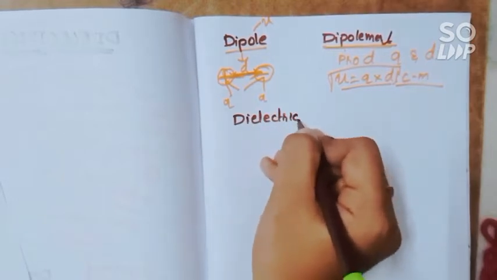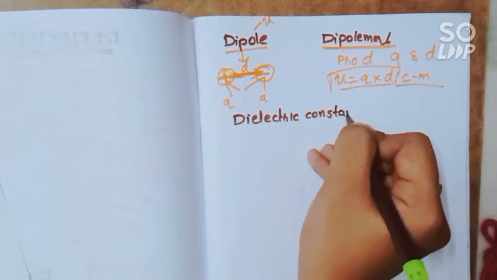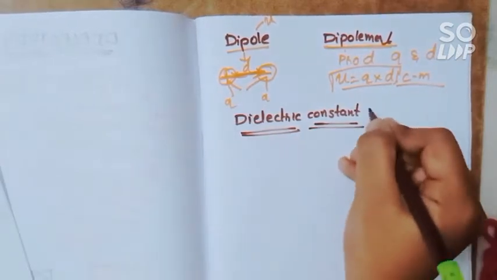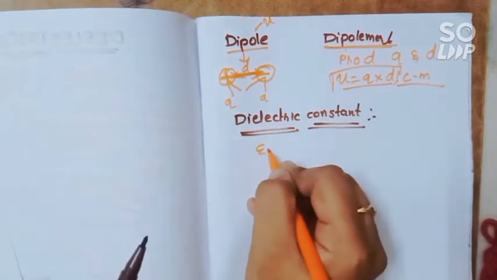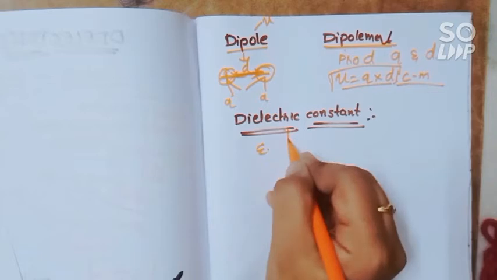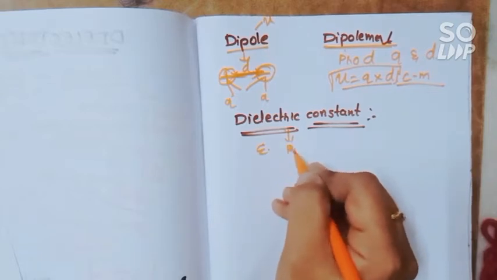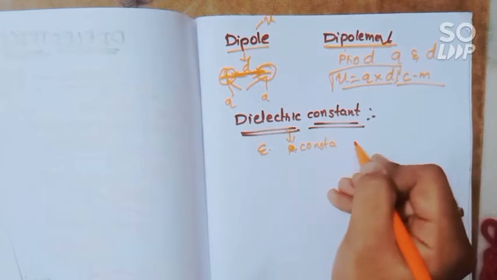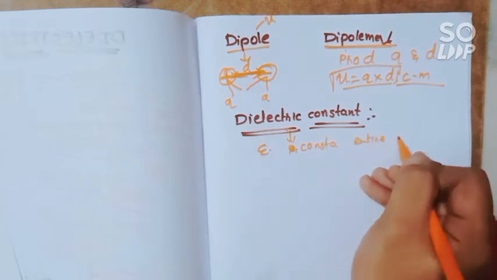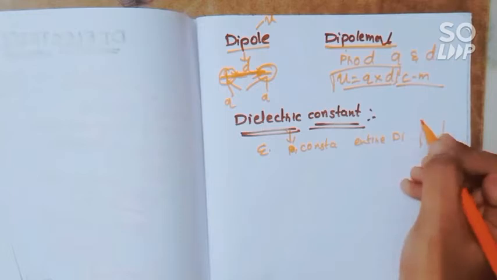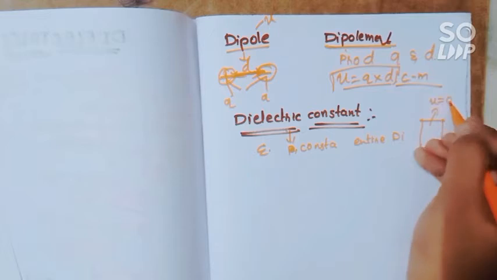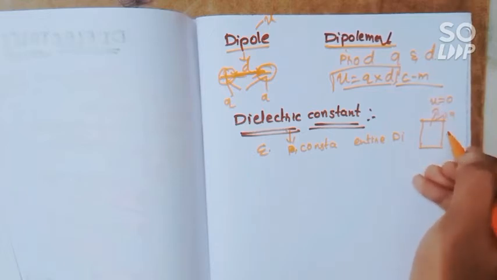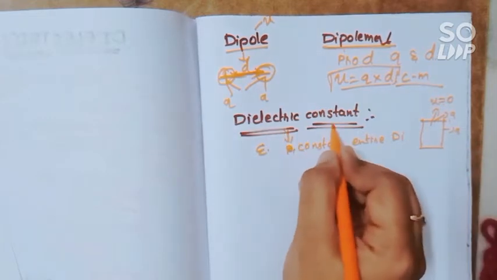Next we need to know about dielectric constant. When we see the word dielectric constant, it can be seen as the relation, the property. It is a constant which explains the entire properties of a dielectric material. Means here is a dielectric material. We can say that it has some dipole moment, or it has no dipole moment, it has some charge or it has zero charge. Such properties will be present, and those properties are explained by the dielectric constant.